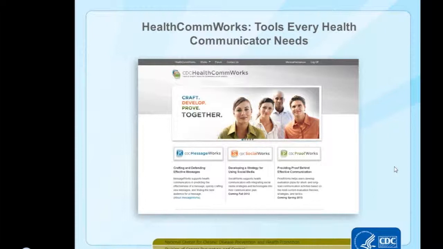So how do you use what research has noticed in the past to improve the messages that you're working on today, to increase their ability to affect health behavioral intent and health behavior action, and hopefully work with other individuals to make it relevant for your audience? So that's what MessageWorks deals with.